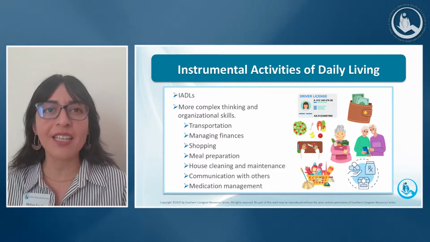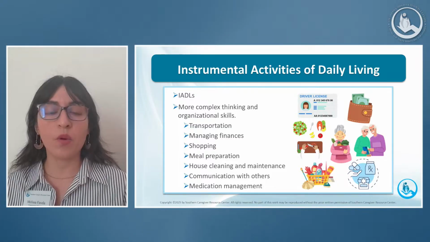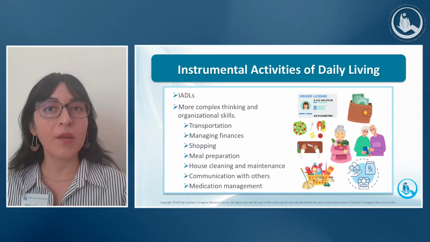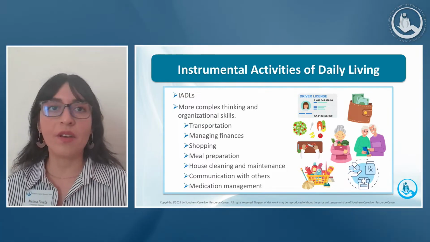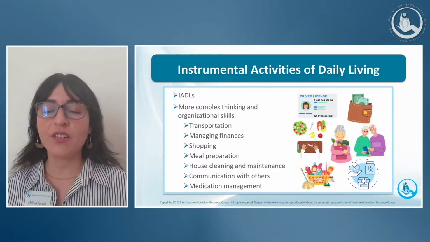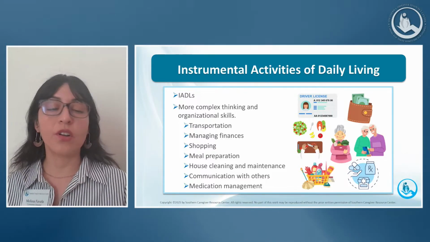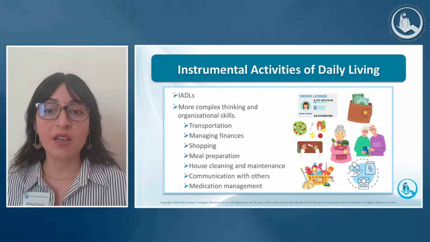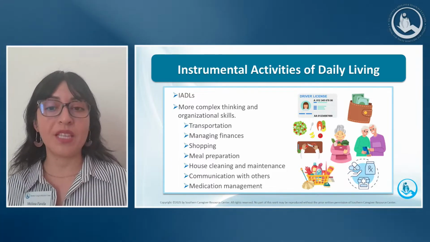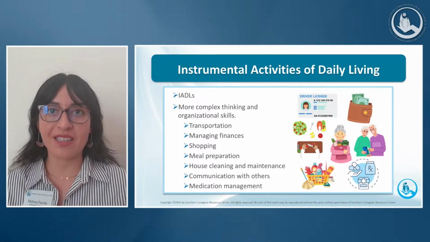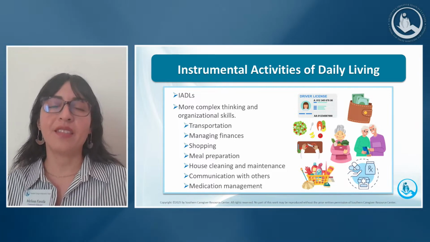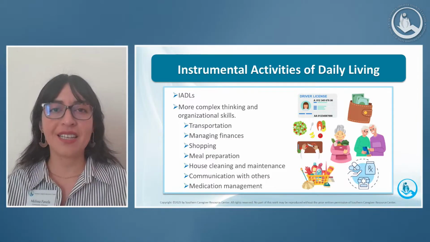All of these little things that for some of us, where we don't need support with the instrumental activities of daily living, where we're able to do them ourselves, it's kind of a natural process, right? Because our complex thinking and our organizational skills don't need support. They're happening, right? We're able to do it ourselves. However, when it comes to people who do need help with these, then the caregiver has to step in, right? And we'll expand on that a little bit more in the upcoming slides. Next slide, please.